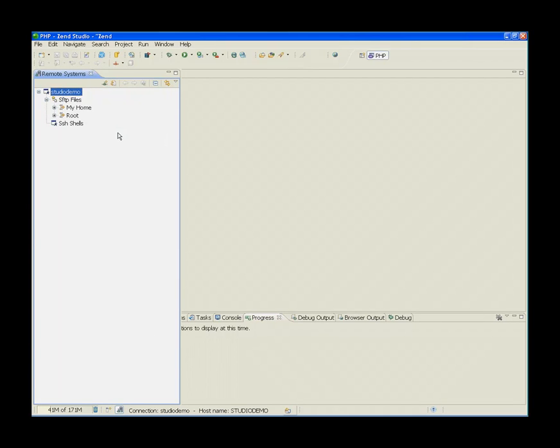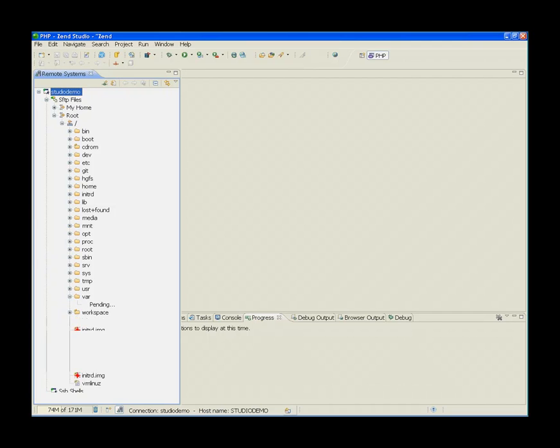I hopefully have already got a connection to that server. And there we go. So basically these are the files in my virtual machine. So I can navigate into that virtual machine,